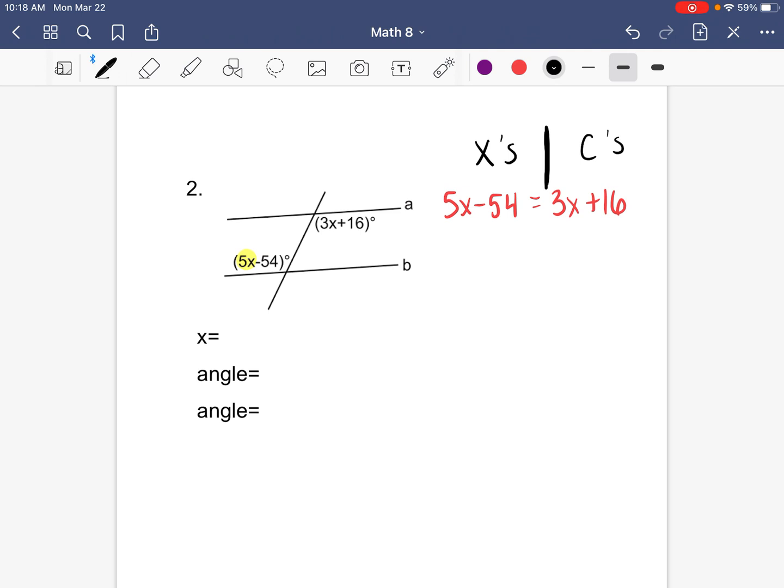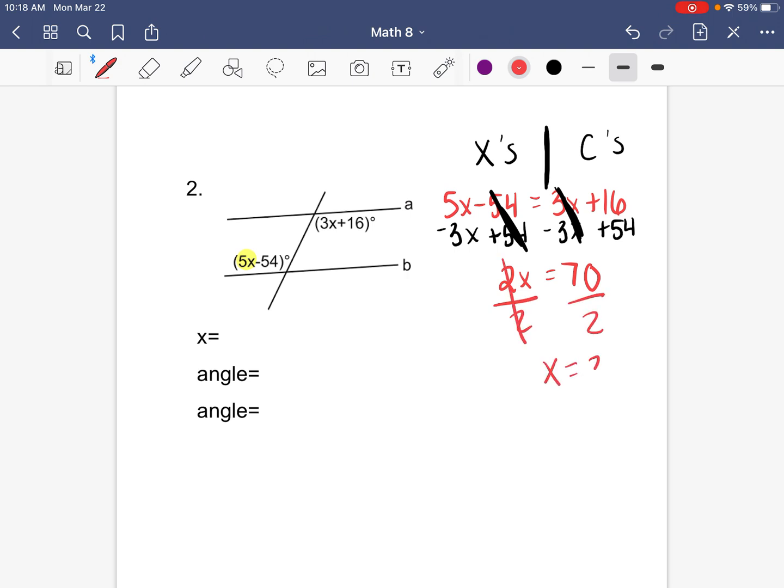So the first thing we're going to do is move 3x over to the x side of the equation. Then we're going to move 54 over to the constant side of the equation. Then we are going to do the math. So 5x minus 3x is 2x. And then 16 plus 54 is 70. Then we are going to divide both sides by 2 to solve for x, and we get that